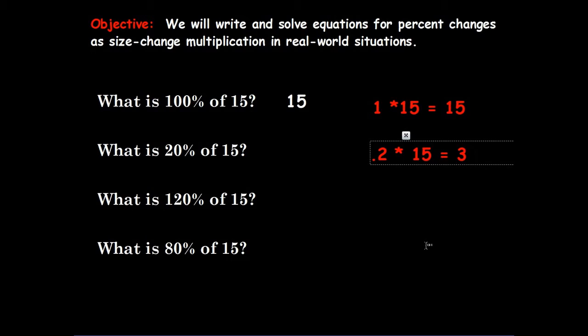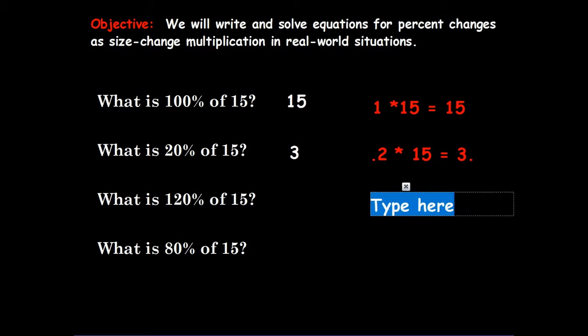Whoops. Hold on, let me fix that. Decimal goes after. So we know 100% of 15 is 15, 20% of 15 is 3. Now, if you need any help figuring out that multiplication, I would definitely come see me in class if you need to understand that better. Next step,